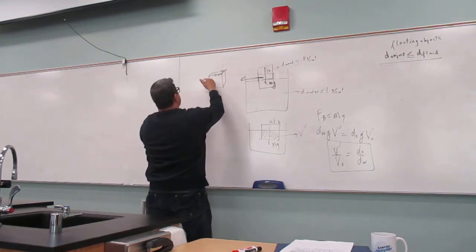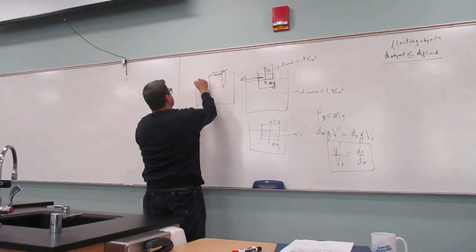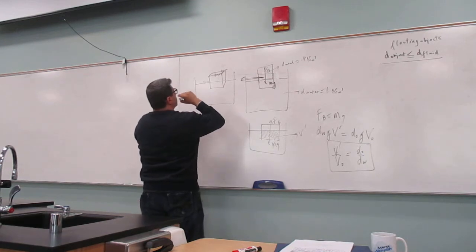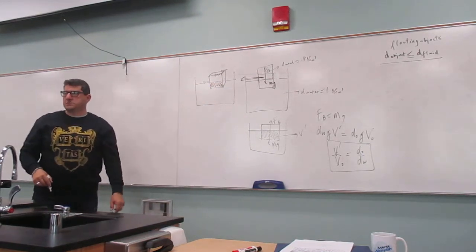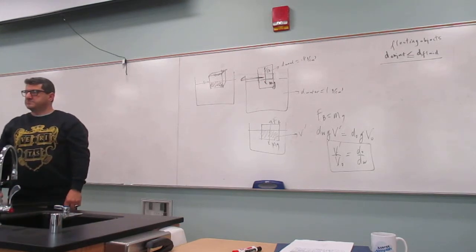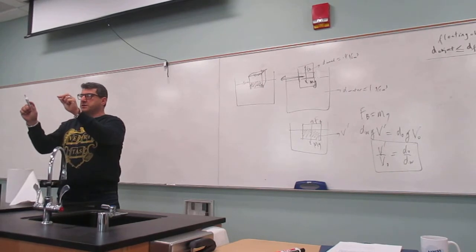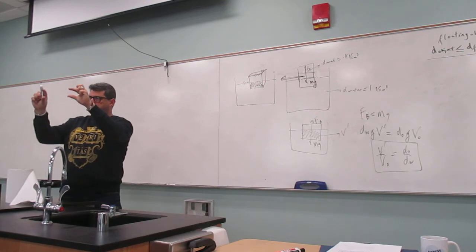It would sink down to what? How much of it would get wet? If it's a rectangular object and 8 centimeters is the height, what portion of the height